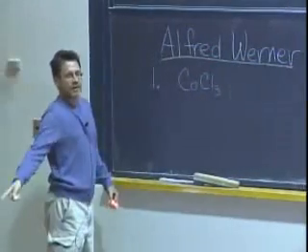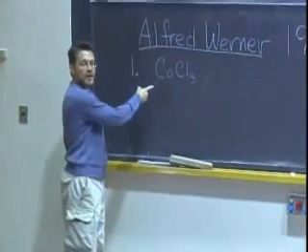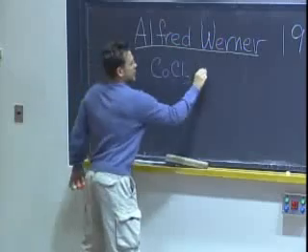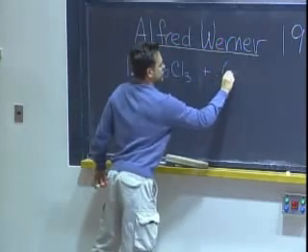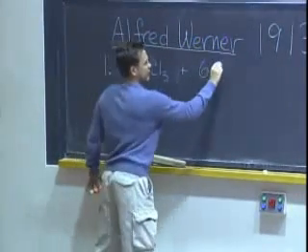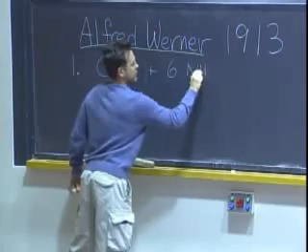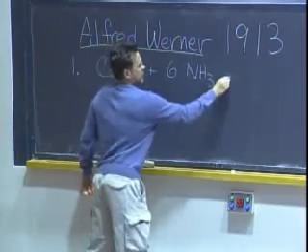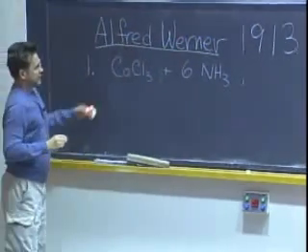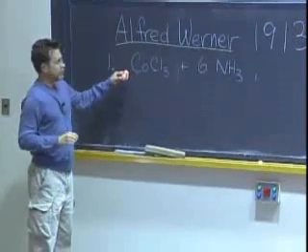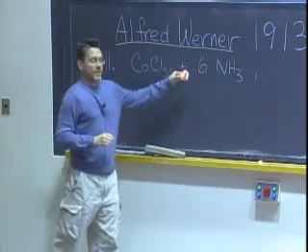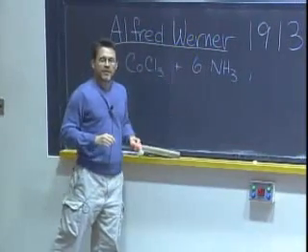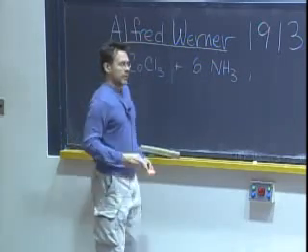So I just used iron dichloride. This is cobalt trichloride reacting with 6 equivalents of ammonia, and observed that if to an aqueous solution of cobalt trichloride was added 6 equivalents of NH3, ammonia, followed by